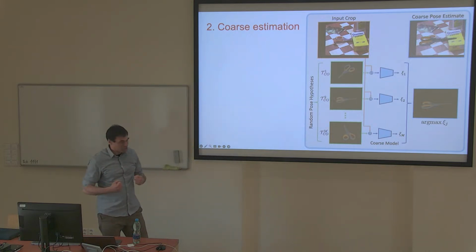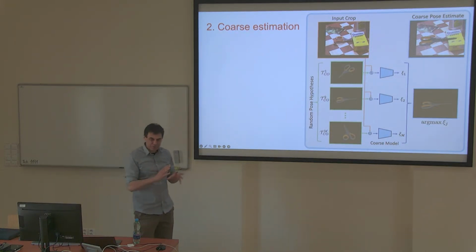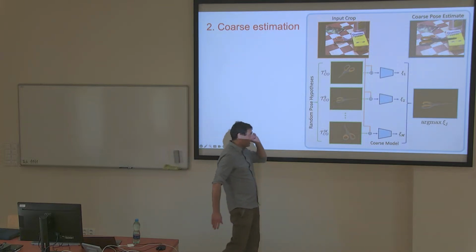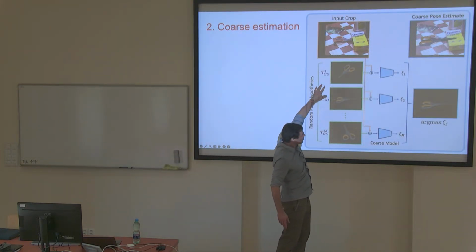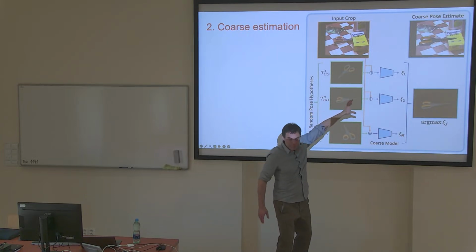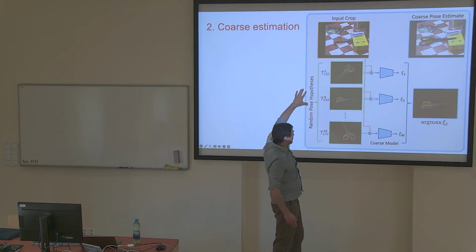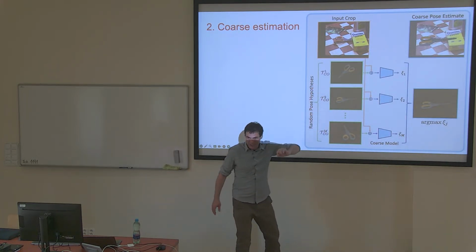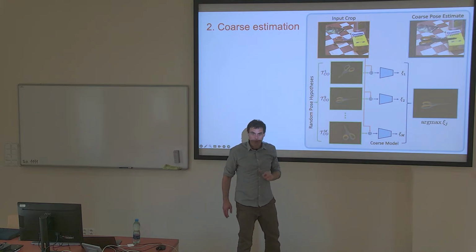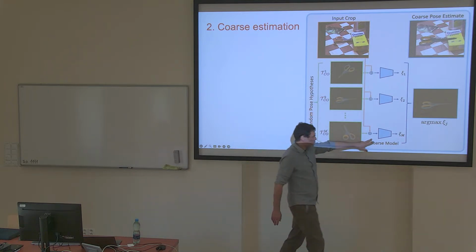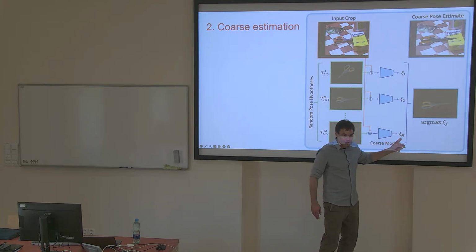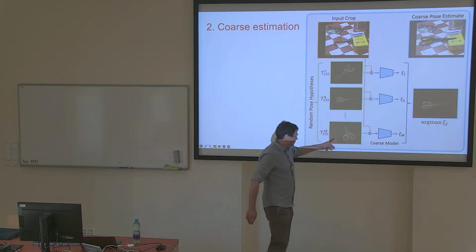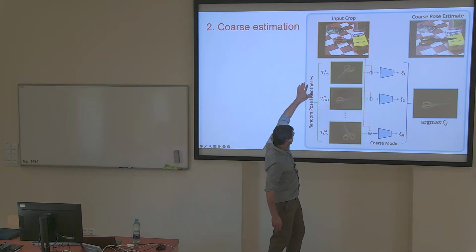How it works, it actually operates in 2 stages, and I think most estimators of this class do that. First, given an input image, it first estimates an approximate pose of the object. And this is done, somewhat surprisingly, by a classification network. So this is a neural network which takes an input image and outputs a sort of binary score if the pose of the object,